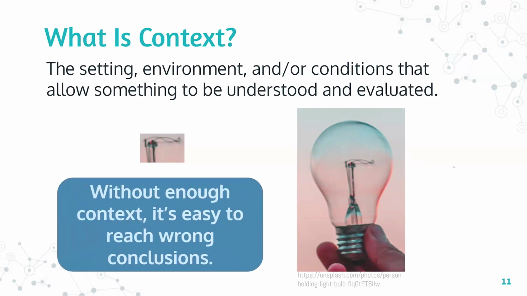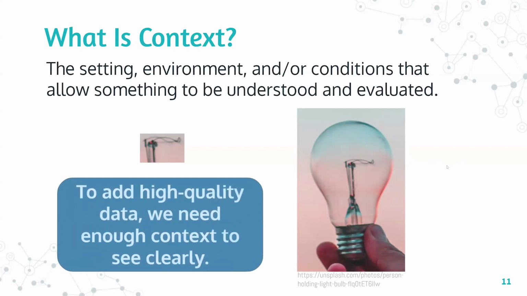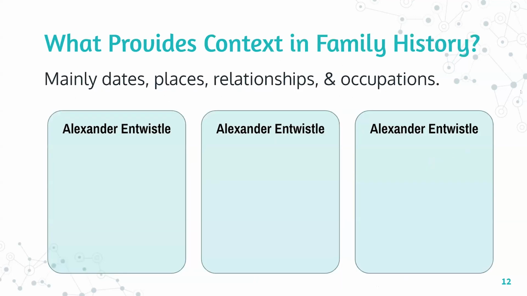So without enough context, it is really easy to reach wrong conclusions. To add high quality data, we need enough context to see clearly. And that's what these best practices are about. So in family history, what provides context? Well, there's mainly four things. There are more, I'm sure you could think of some other things, but mainly, I would say maybe